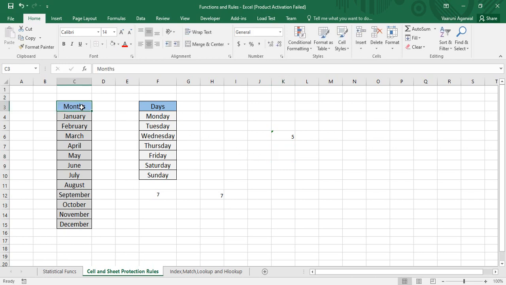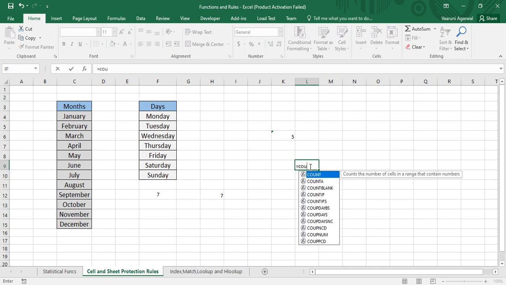Alright, now the other thing is the hidden tab. We have read about the locked tab. Now the hidden tab, what happens to it? Suppose we provide a formula in this cell. Put equals, write count